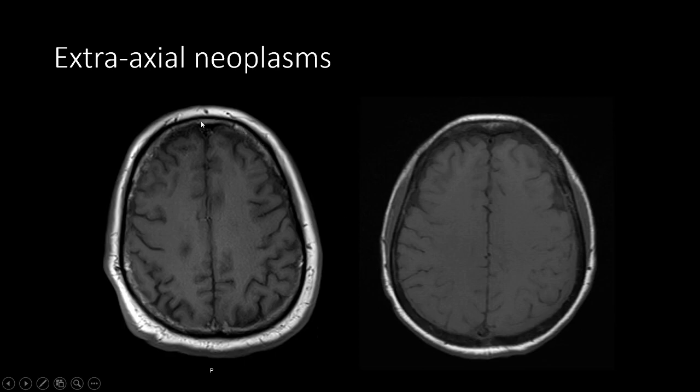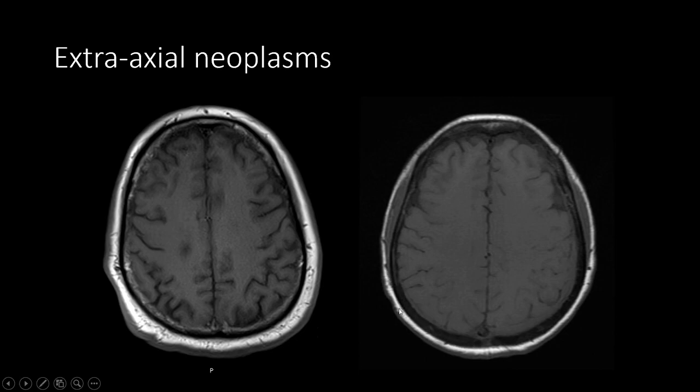For comparison, this is the normal appearance of the calvarial marrow space on the T1 weighted sequence, which should be bright on T1 weighted imaging. And this is that patient with low signal indicating diffuse osseous